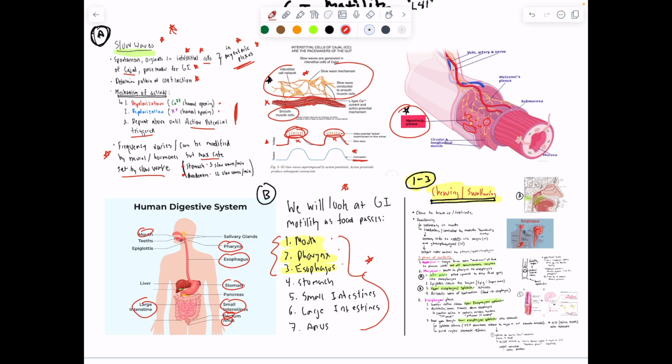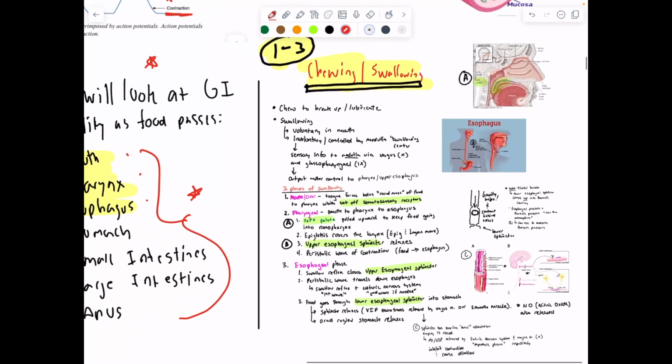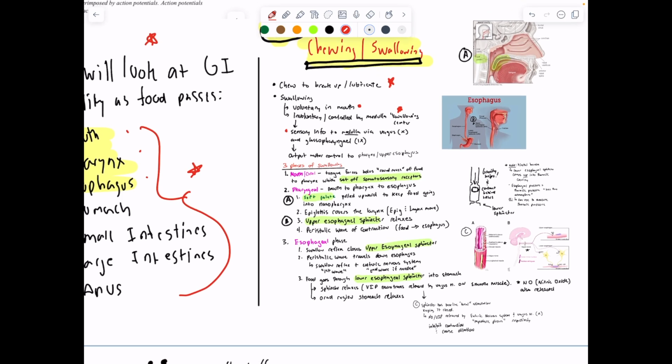So starting with the first three, which is mouth, throat, pharynx, and esophagus, chewing and swallowing is going to occur there. Starting with chewing, of course, we have the mouth to break up and lubricate the food. Swallowing is voluntary in the mouth, but involuntary once you get past the mouth, and it's controlled by the medulla's swallowing center. So sensory information is sent to the medulla via the vagus nerve, which is cranial nerve 10, and the glossopharyngeal nerve, cranial nerve 9. And then basically output motor control is sent to the pharynx and the upper esophagus